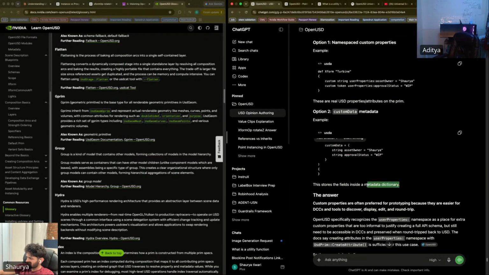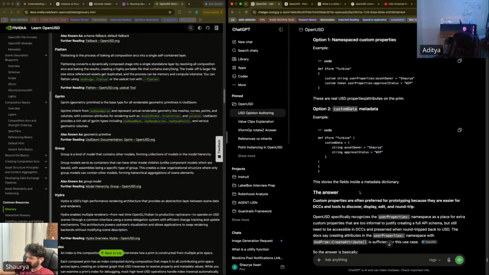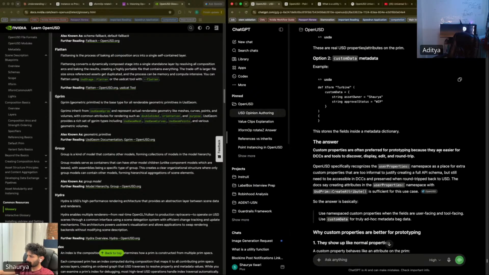Oh, yes, perfect. Metadata dictionary. So, custom properties are often preferred for prototyping because they're easier for DCC and tools to discover, display, edit, and round trip. What does round trip mean over here? Round trip, I think, is back and forth, like DCC allows you to have a bi-directional connection.